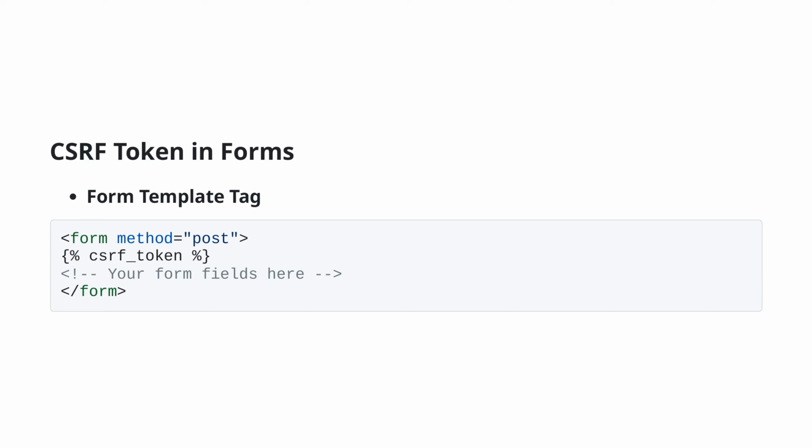Here's a simple example to illustrate this. In your form template, use the form tag as shown. HTML: form method="post", {% csrf_token %}, your form fields here. By adding {% csrf_token %} inside the form tag, Django will automatically include a CSRF